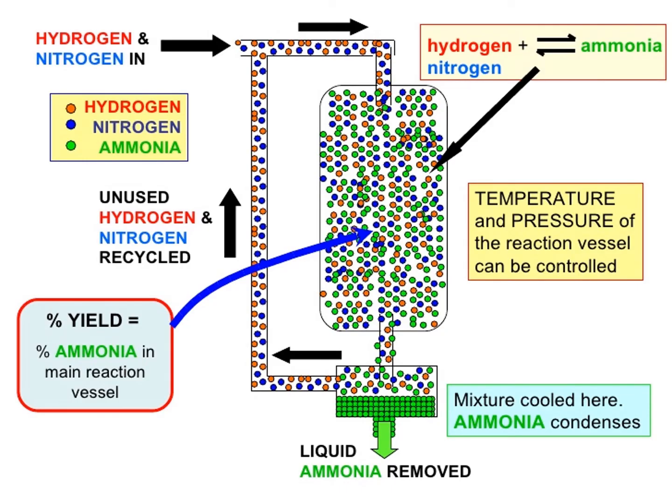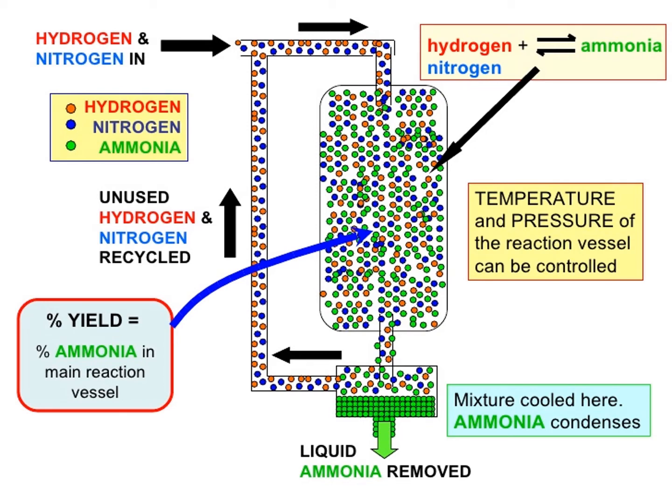Now let's discuss the Haber process in detail. At stage 1, hydrogen and nitrogen are obtained from natural gas and the air respectively and are pumped into the compressor through pipes. At stage 2, the gases are compressed to about 200 atmospheres inside the compressor. At stage 3, the pressurized gases are pumped into a tank containing layers of catalytic iron beads at a temperature of 450 degrees centigrade. Some of the hydrogen and nitrogen react to form ammonia.